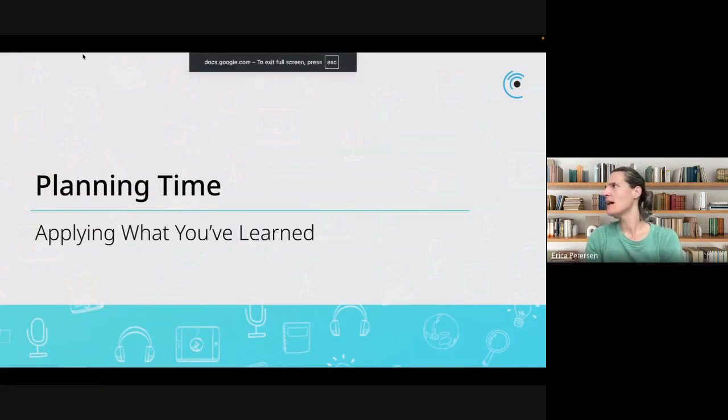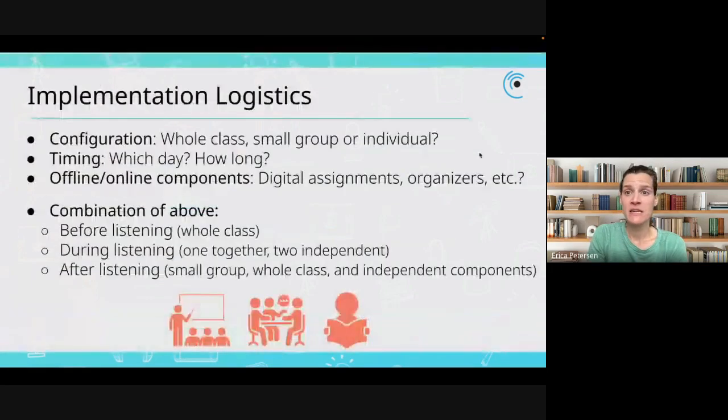And just thinking in our last about 10 minutes together, what's next? Let's give you another planning time. But before I do that, just thinking about your implementation logistics. So when you're thinking about your Listenwise lesson, is it whole group, small group, individual, a combination of that? Which day are you going to do it? What makes sense? Will it be a fun Friday thing? Will it be 10 minutes, a warm up? Will it be a longer lesson? Just thinking about what you need.